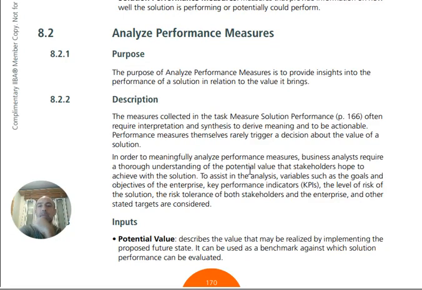All right, 8.2, we analyze performance measures. What's the purpose? The purpose of analyze performance measures is to provide insights into the performance of a solution in relation to the value it brings. It's kind of simple, right? Because we're analyzing the performance measurements that we actually collected. So one chapter we decide on something, and the other chapter we analyze it. The chapter after that is assess the analysis. We kind of do that with every single thing we move forward with, right? But it's fine. The description, the measures collected, and the task measure solution performance, basically earlier,